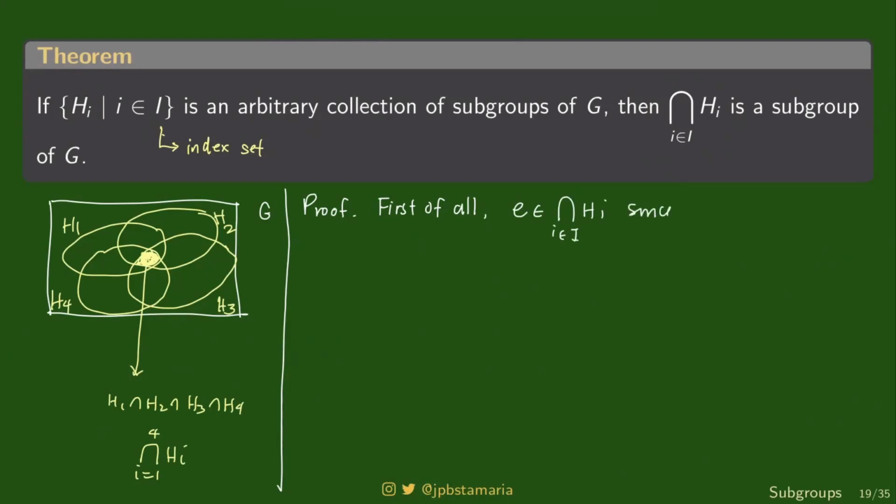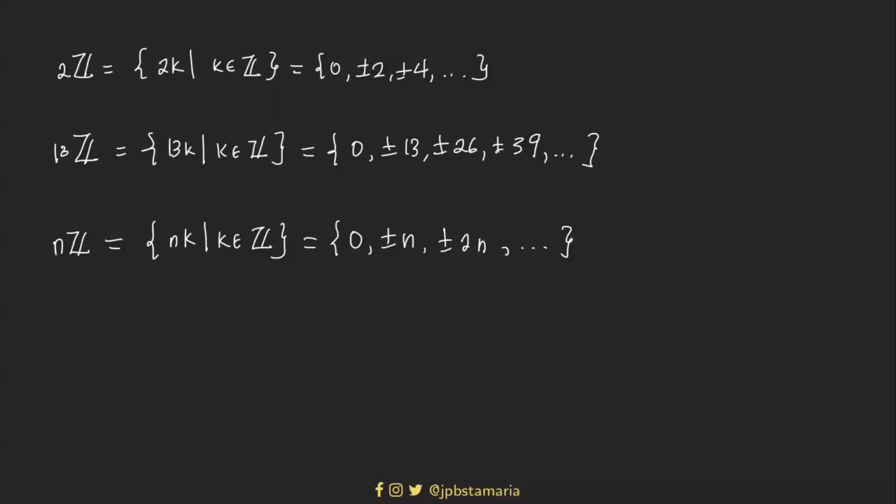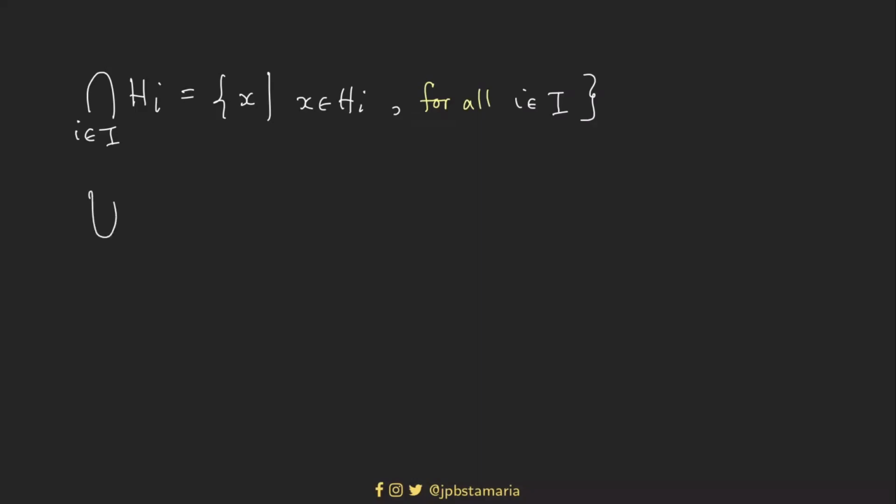since E is in HI for all I in H. Remember yung intersection na ganito ang itsura. Pag nakakita kayo ng ganito sa math, ang laman talaga niyan, lahat ng mga X, so that X is in HI for all I. Okay, for all. Now, let me emphasize here, intersection stands for all. Kapag union naman,